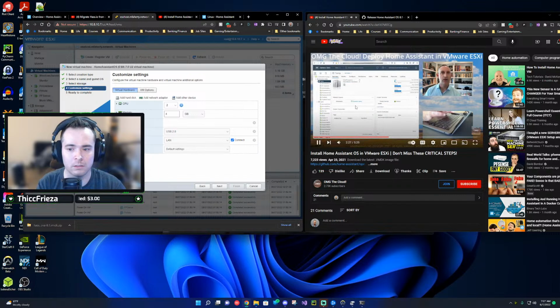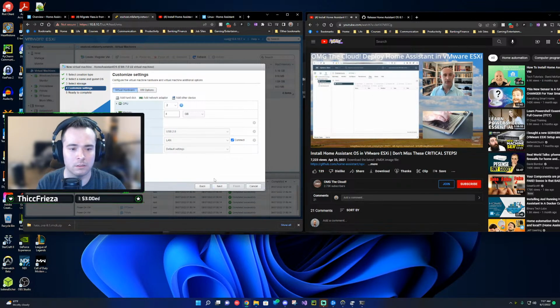So why did we do that? We're actually going to upload that VMDK file and we're going to attach it. So what you need to do is browse to your data store and find the folder structure where that